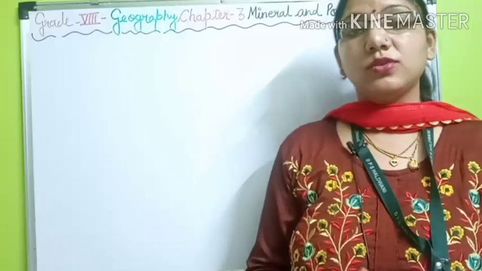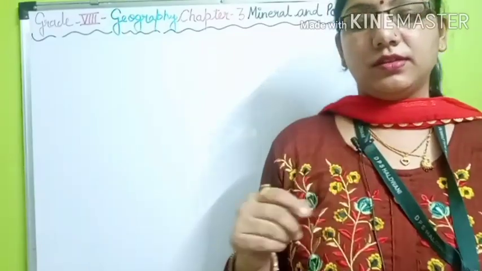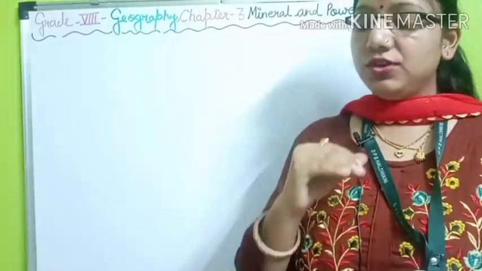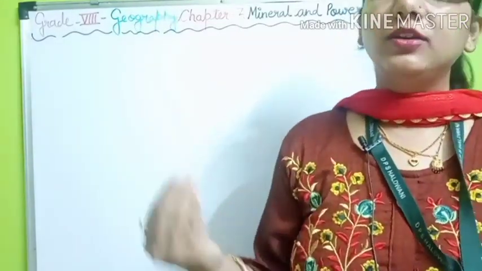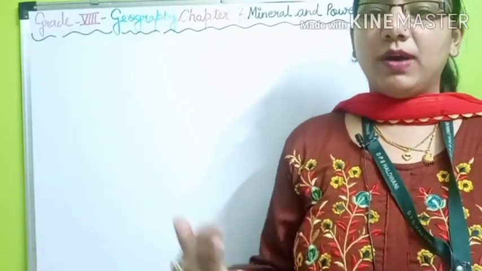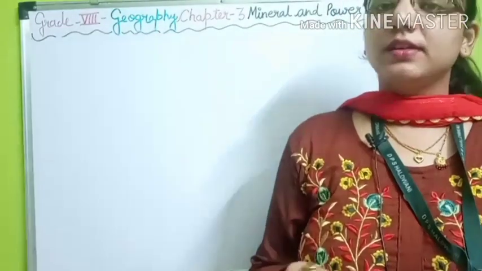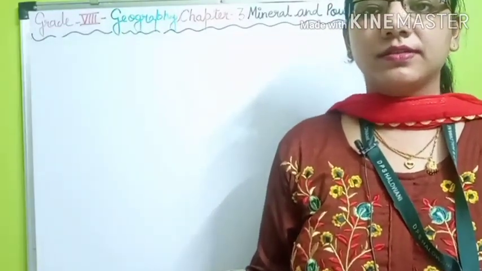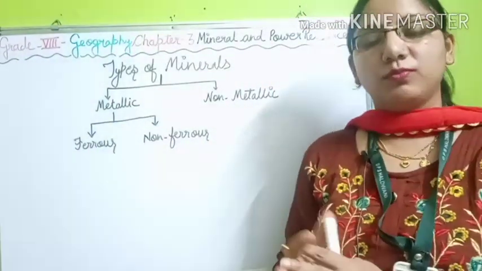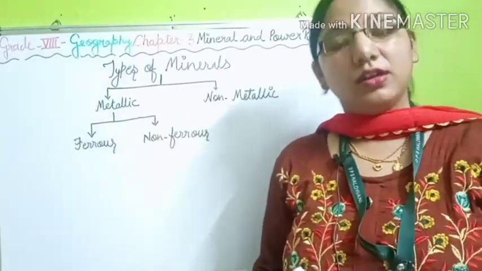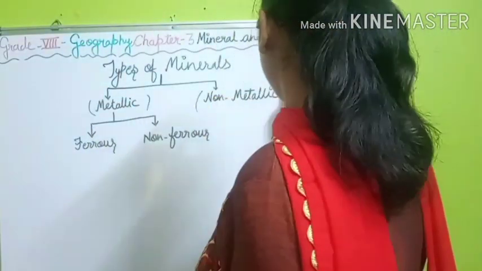Okay, so students, you must wonder that there are over 3000 different minerals. Based on their composition, they are classified mainly as metallic and non-metallic. So, to know about the types of minerals, let's see our today's next topic, that is types of minerals. If we are going to categorize the minerals, broadly we can categorize them into two parts. The first is metallic and the second is non-metallic.